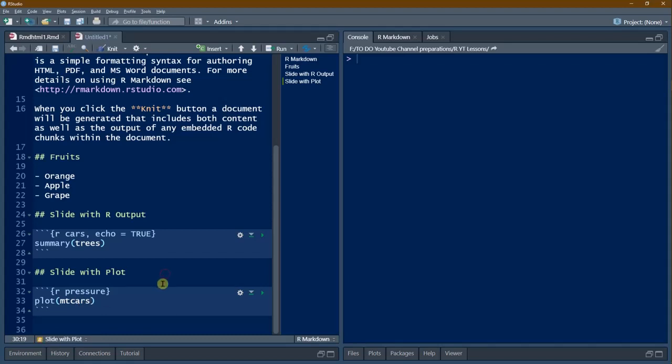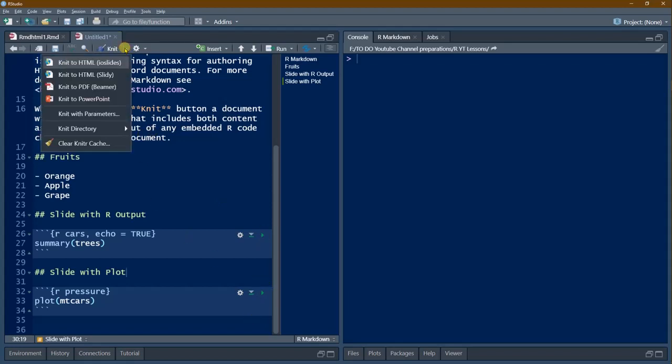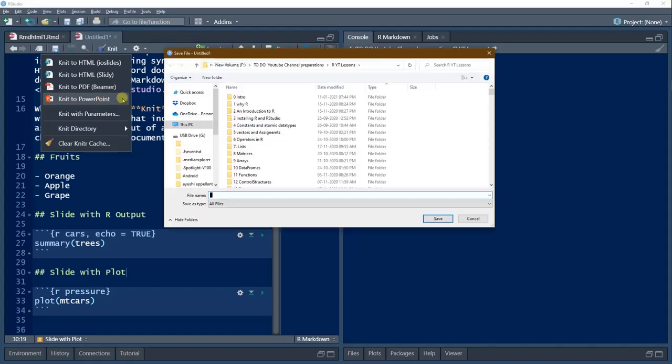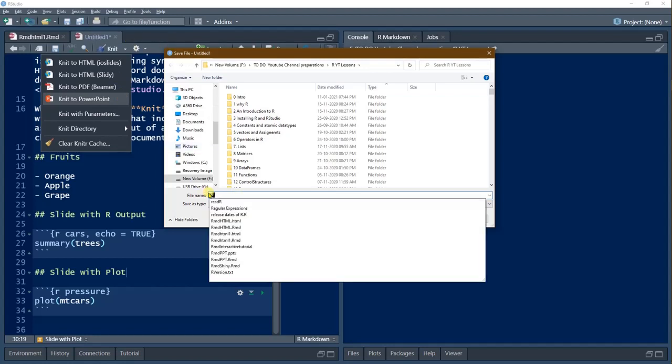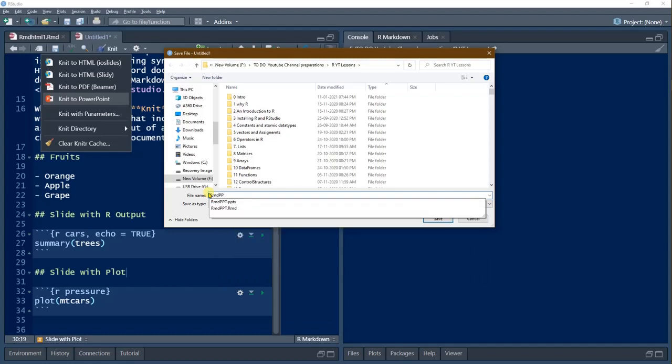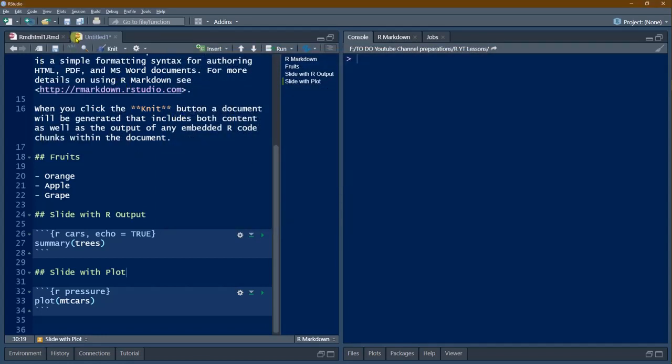Okay. So these are the various slides, and instead of individually executing, let me do the knitting. In knitting, let me say I want a PowerPoint. R wants a name as usual, and now this is untitled. So once I give, say, RMD PPT1, then when I save, the name here also will change. RMD PPT1.RMD. Now R Markdown is working and it is going to create this PowerPoint show for me.